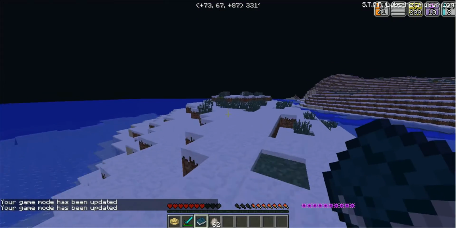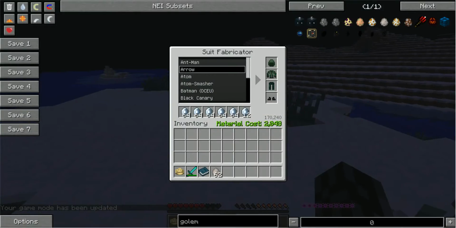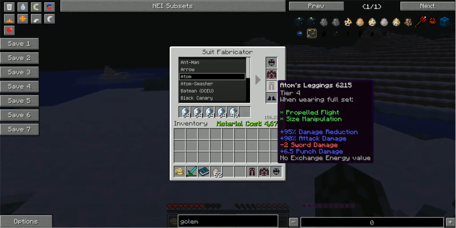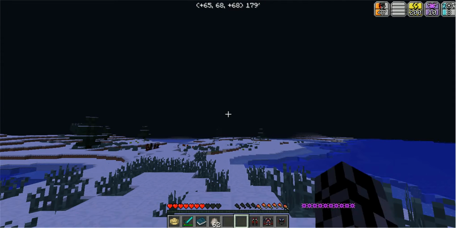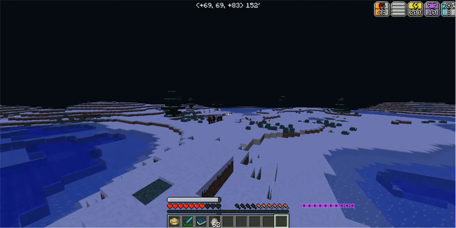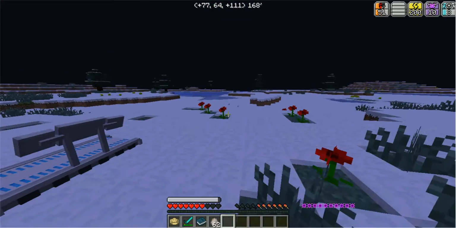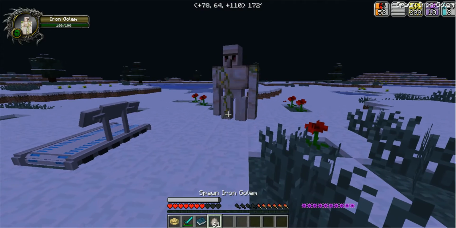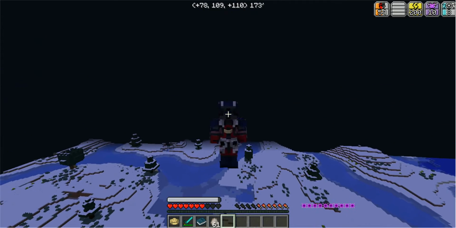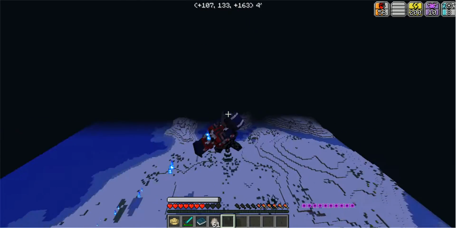All right, and we're back. The next up I'm going to show off is the Atom, which is pretty much a mix between Iron Man and Ant-Man. It's just Iron Man and Ant-Man. I mean, he can fly, and he looks cool while doing it, I know. It's a little bit...